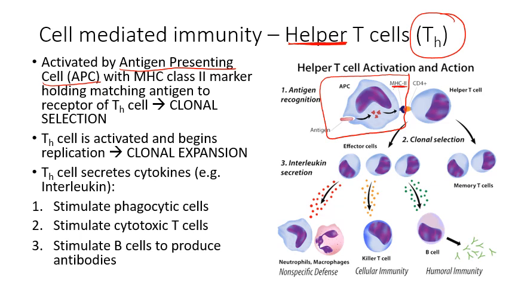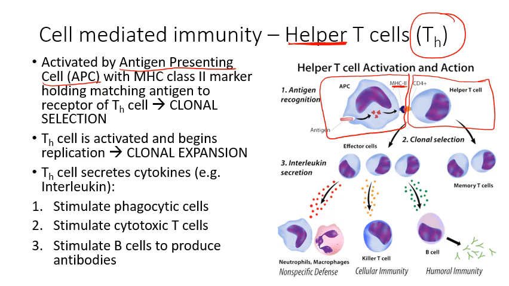So this antigen presenting cell might have encountered this pathogen with the non-self antigens anywhere in your body. Once it has digested it and has a piece of its non-self antigen on its MHC class 2 marker, it will scour your body trying to find the corresponding helper T cell that has a complementary receptor to the non-self antigen it is holding. So this helper T cell here that is interacting with our antigen presenting cell, if it interacts with the antigen presenting cell and it does have a complementary receptor,